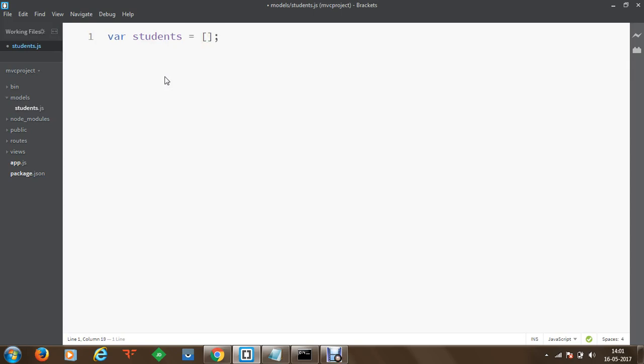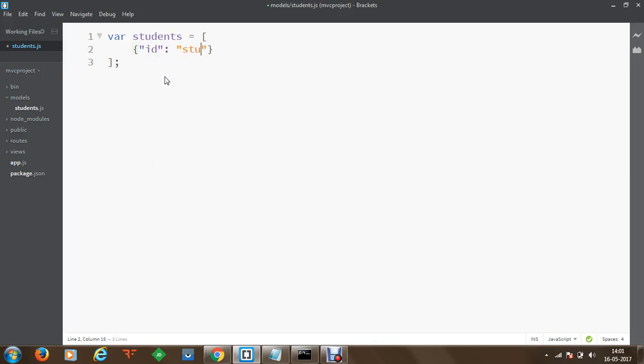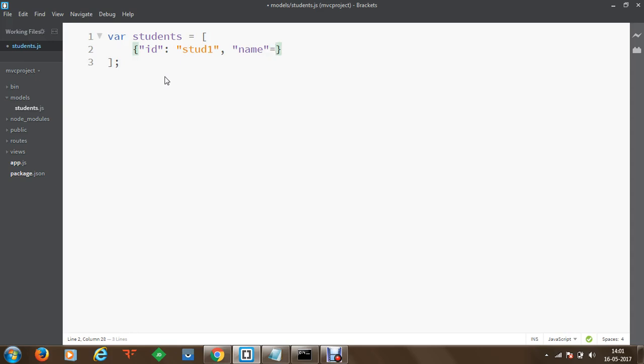Once we have created an array with the name students, within this I'm going to specify my model, and let's say I'm going to take in information like ID, and let's say my ID will be student1, and then the name value will be, let's say, Devanshu, and the third value will be marks.